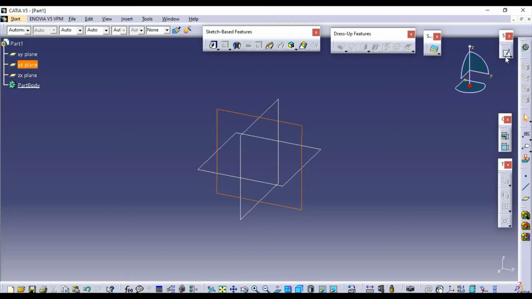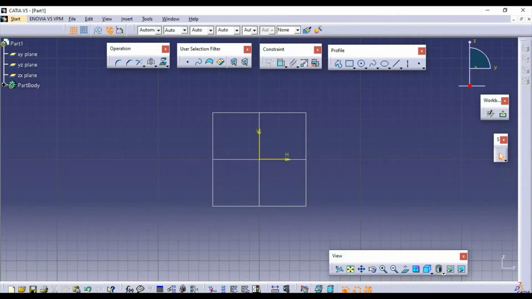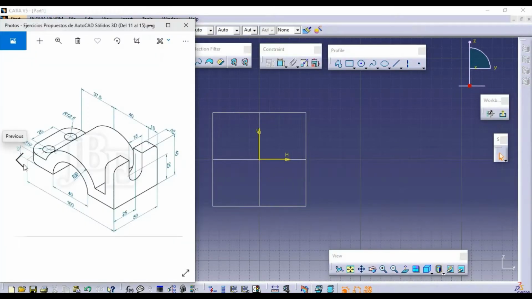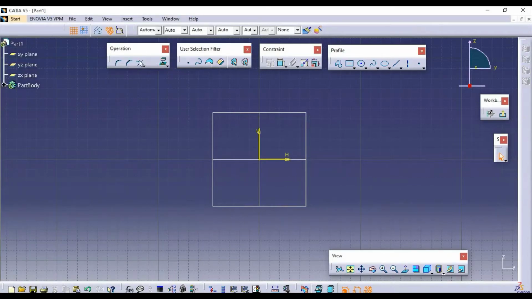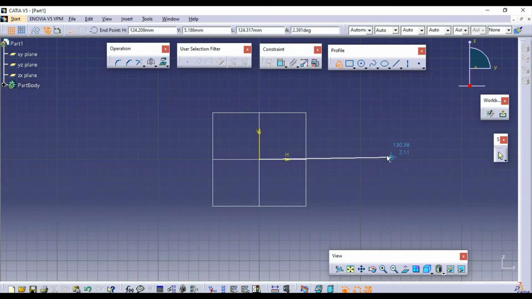So here in this model, at first we are going to draw this section 100 by 40. We are going to draw this section and then we will extrude that one. So now I am going to take the profile command. Profile means this represents the continuous line. So horizontally we will draw one line and we will extend the line to vertical.